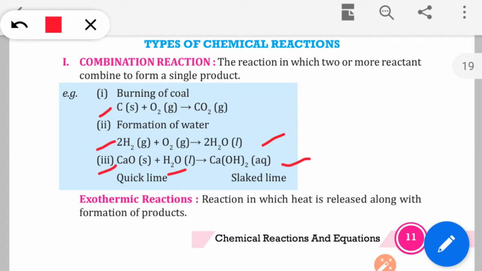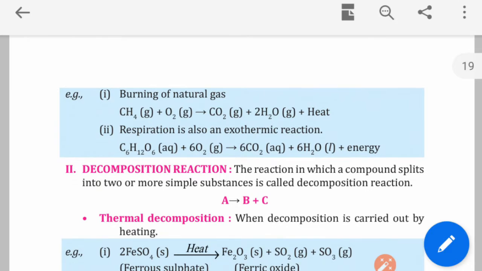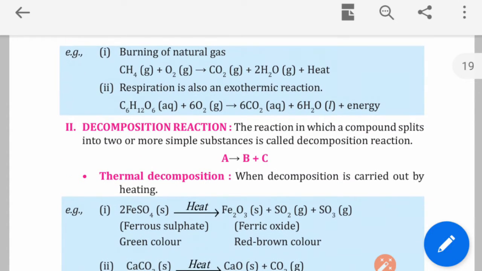Calcium oxide is also known as quicklime, and when it is dissolved in water to form calcium hydroxide, lots of heat is released, and that's why this is also called an exothermic reaction. Exothermic reactions are the ones where heat is released when the products are formed. Some other examples